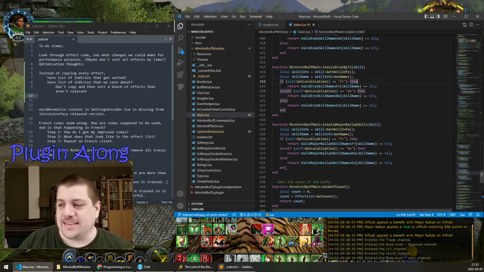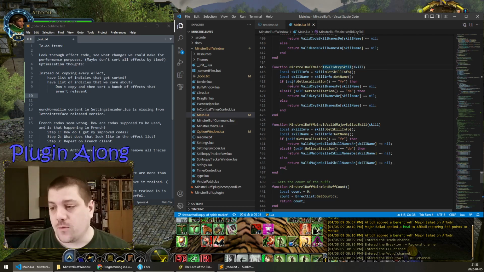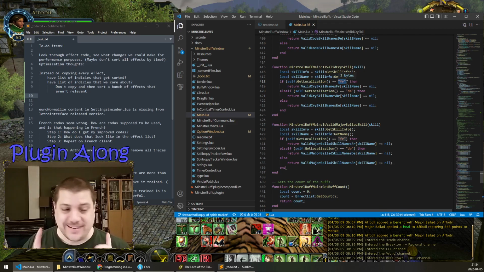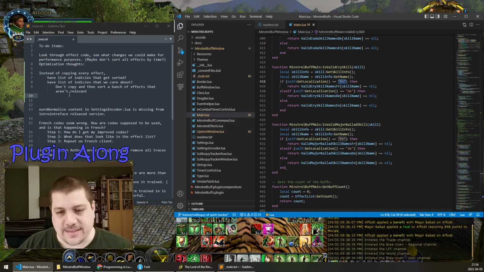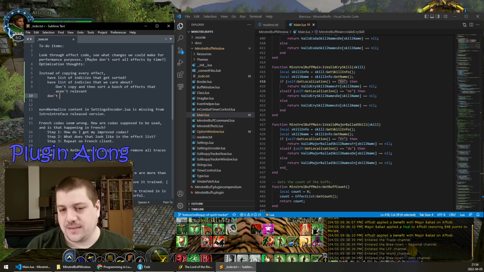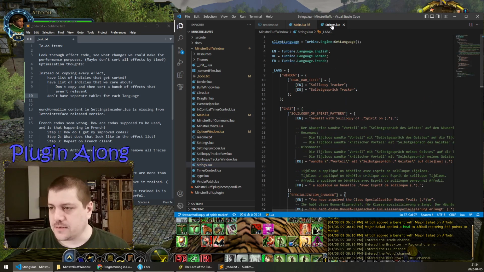So each one of these is this thing valid. Instead of doing maybe a table lookup of, hey, for the current language, what is the thing, we're doing these multiple function calls to get a string value, not an integer value, that we then compare with a different string. So don't have separate tables for each language. That's the thing I'm referencing over here. So, not even strings, sorry. In Minstrel